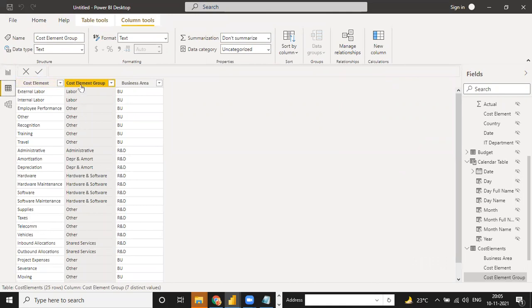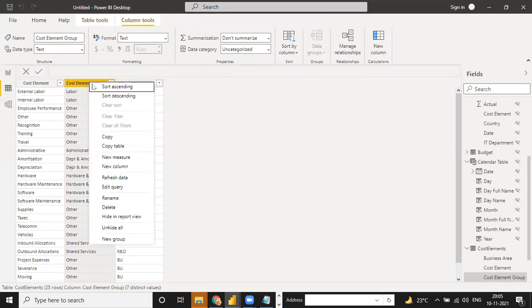If we have this cost element group here, and I go into the query editor and remove duplicates from this column, and if I move this column into the first row, first column, then the count rows function will give the same count, 7.